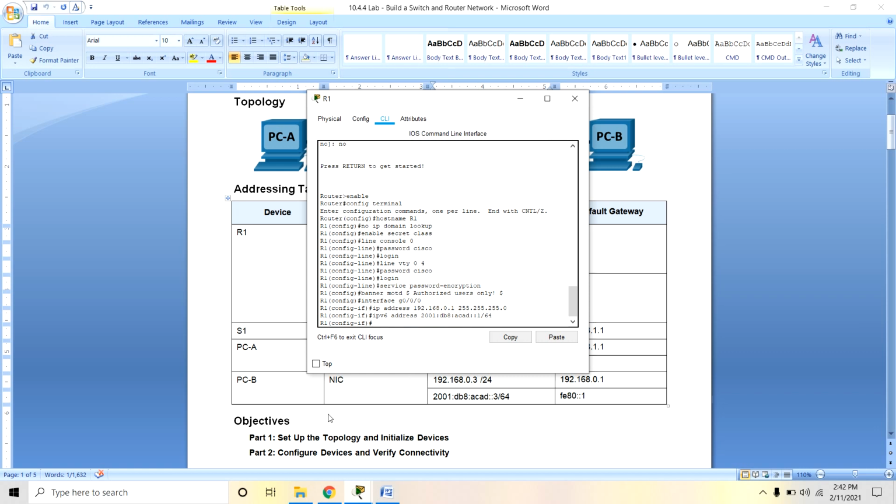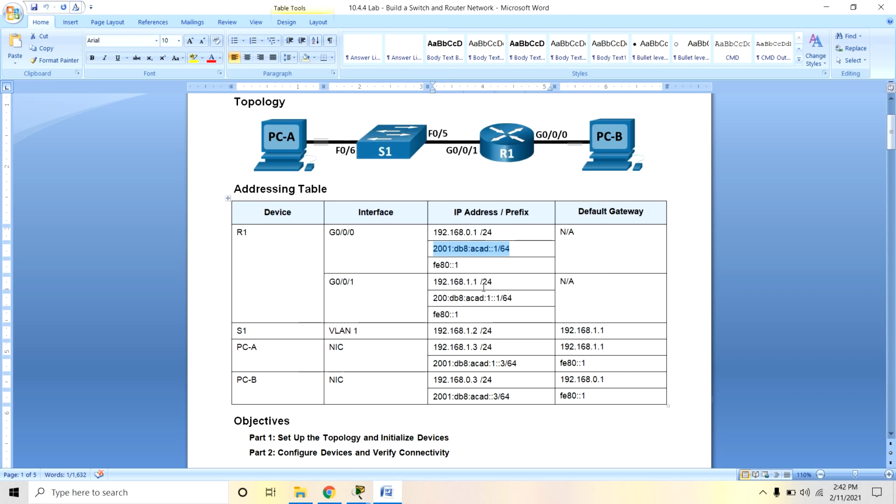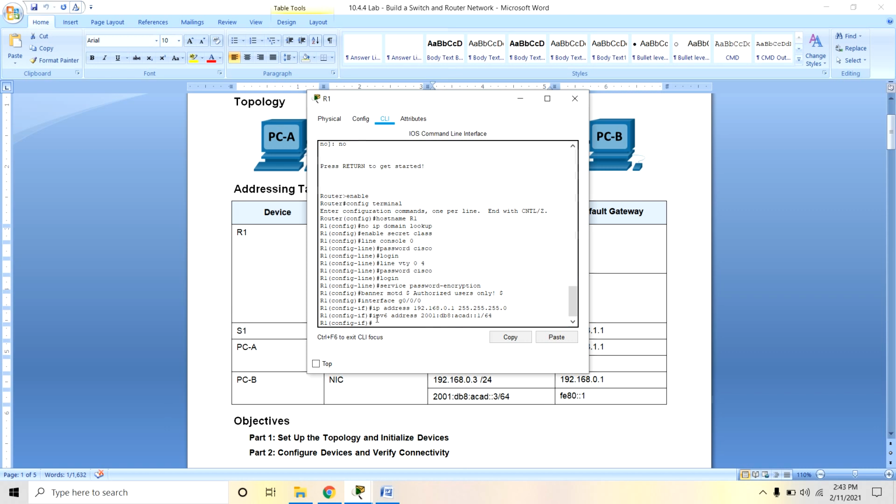Okay, done. And we will give the link local address. We know already here we mentioned there is the link local address. You can enter here IPv6 address, link local.